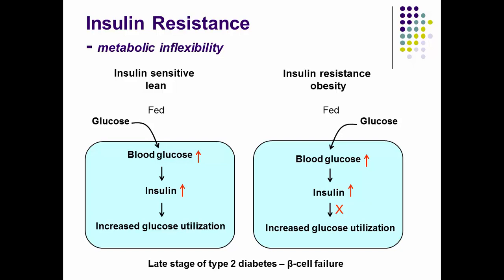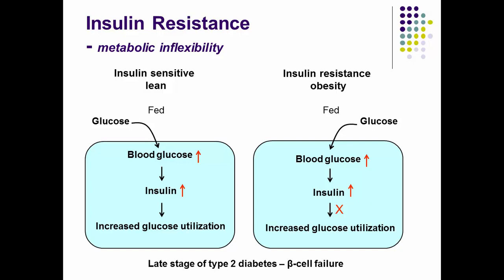All right, so this is the last slide for this unit. I just wanted to talk about what is called metabolic inflexibility. So if you compare the insulin sensitive, which is usually in lean, healthy subjects, versus insulin resistance in obesity or type 2 diabetic patients. In the fed condition, we have a lot of glucose from the diet, and in that,